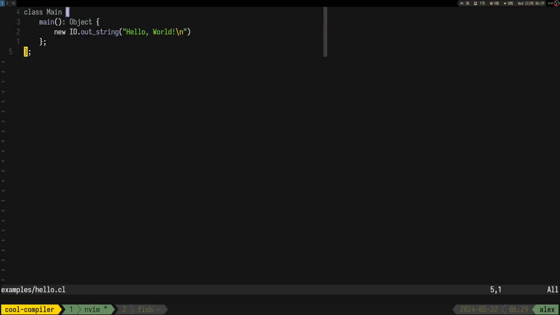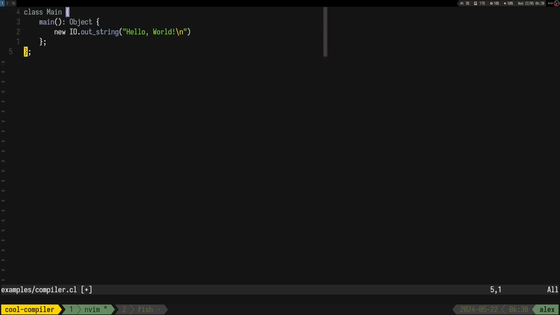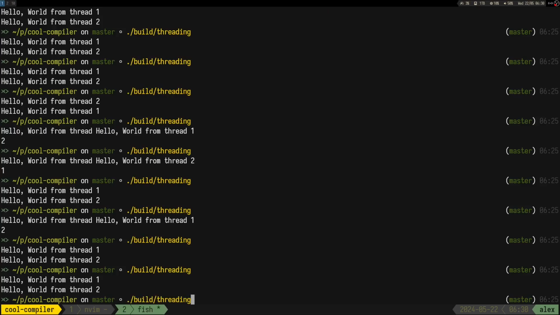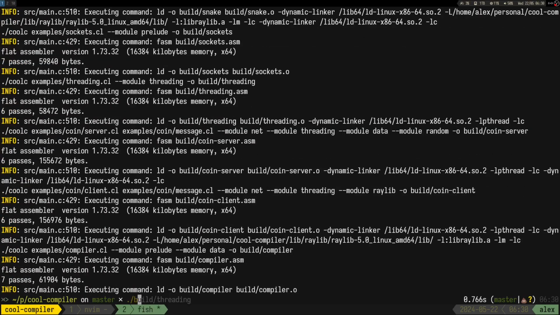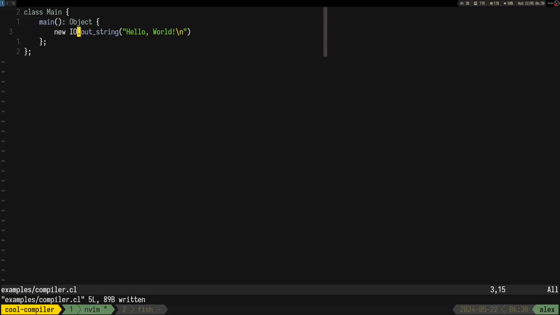Okay, let me just take the hello world file. Like this. So if we make examples and we build the compiler, it should say hello world. Perfect.